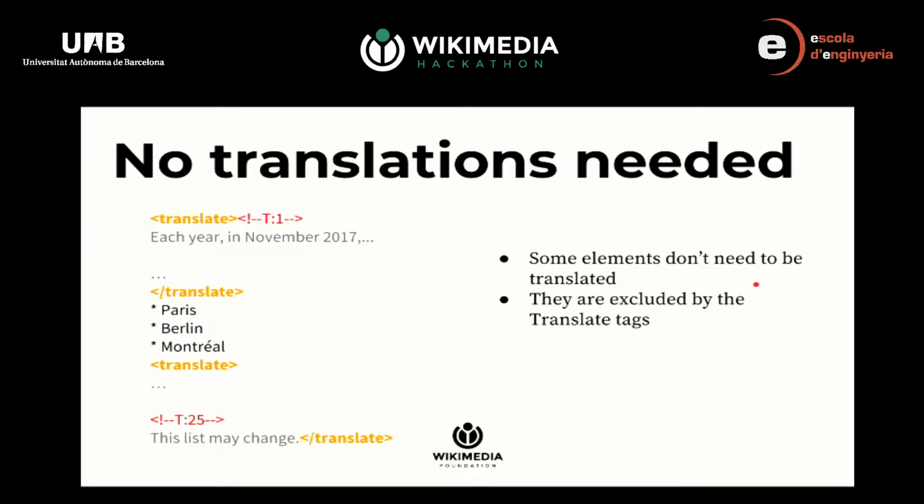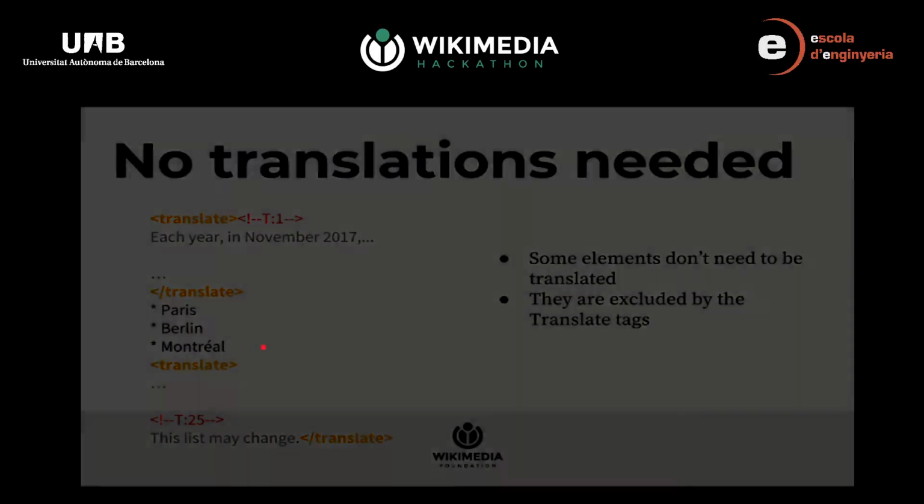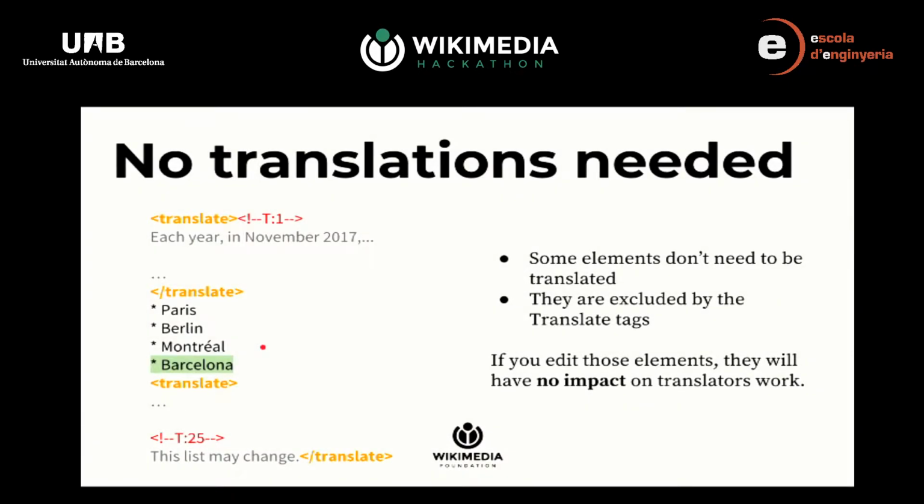Well, actually, sometimes you need to update the page, but no translation is needed. For instance, here I have a list of cities, and if I want to add a new city to my list, if that city has a pretty international name, we don't need to update it. So we are going to isolate the list of names between a closing translate tag and a new opening translate tag. And if I add a new city, randomly Barcelona,